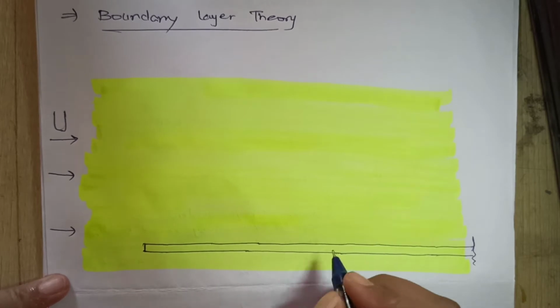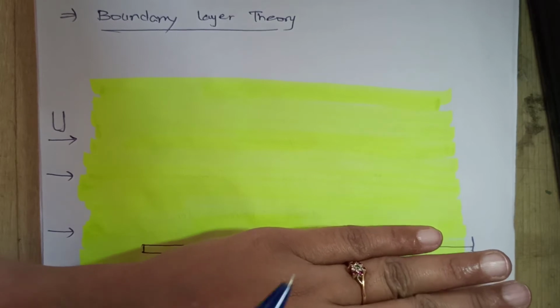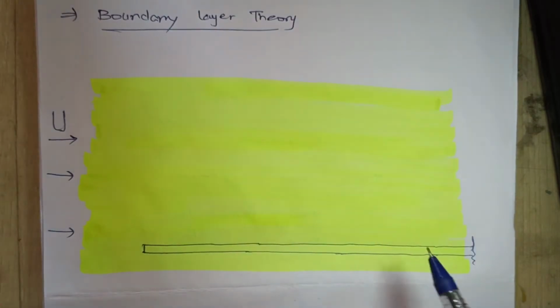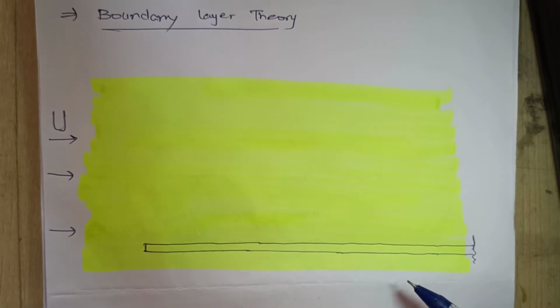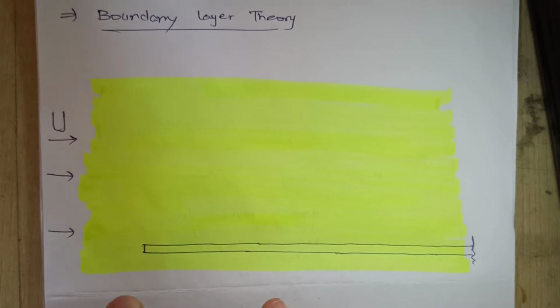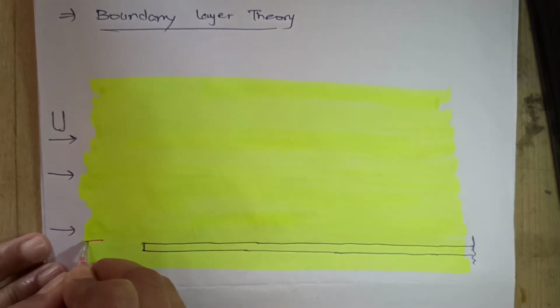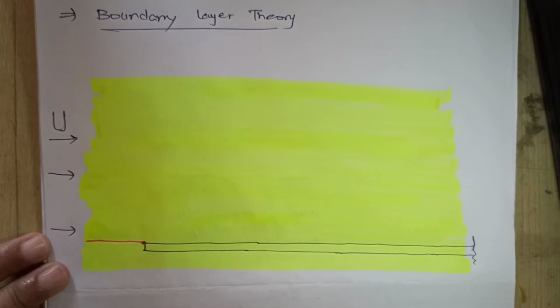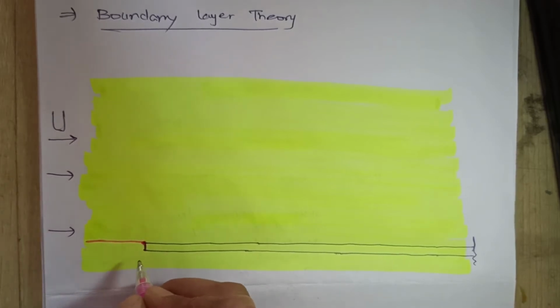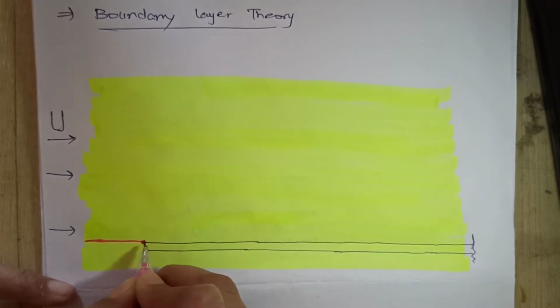in the flow. Okay, so initially when this horizontal plate was not present, the flow was moving in forward direction. As you introduced this horizontal plate into the flow, what happened? The flow at this point hit the top corner of the plate, and as this plate was not moving, this flow stopped and its velocity became zero.